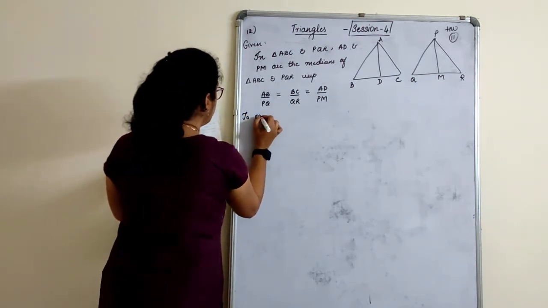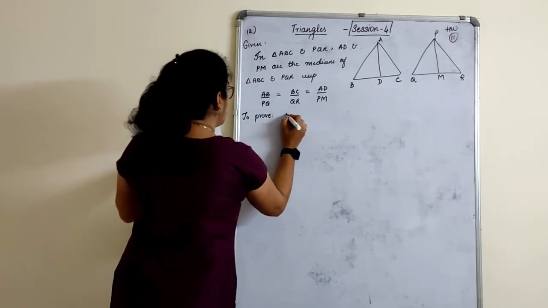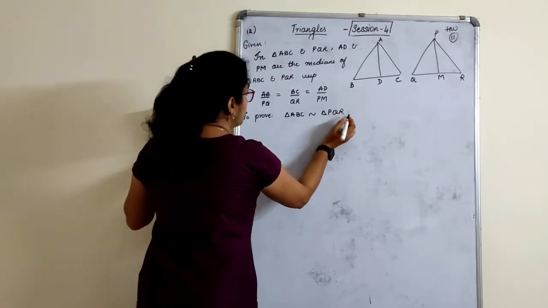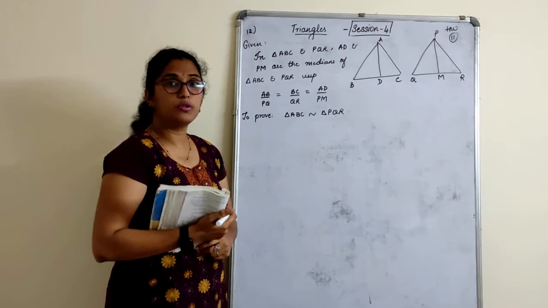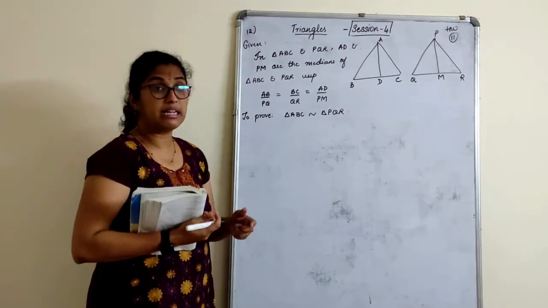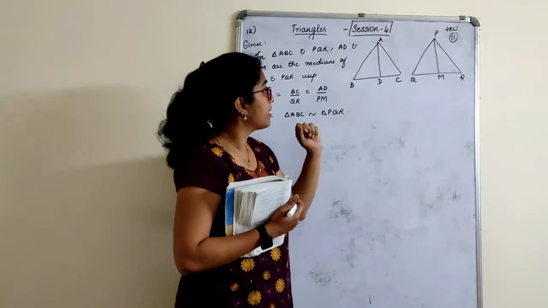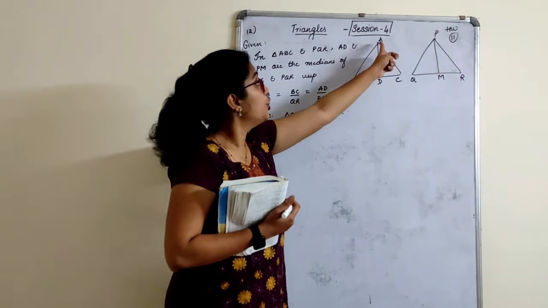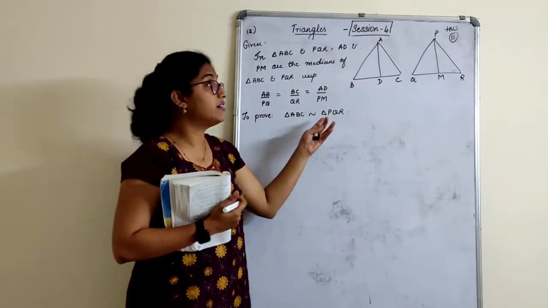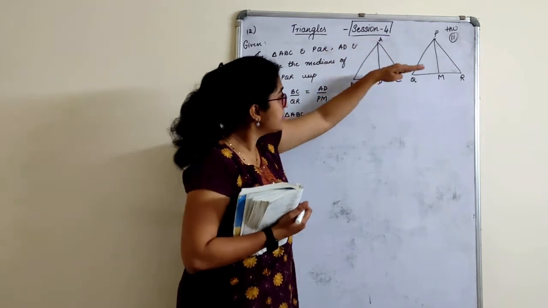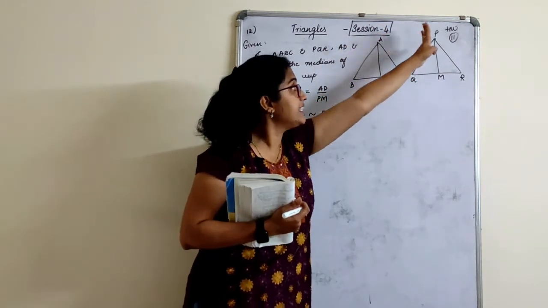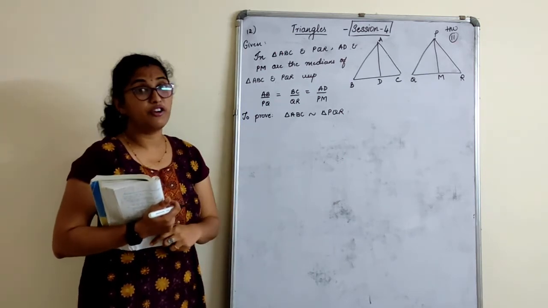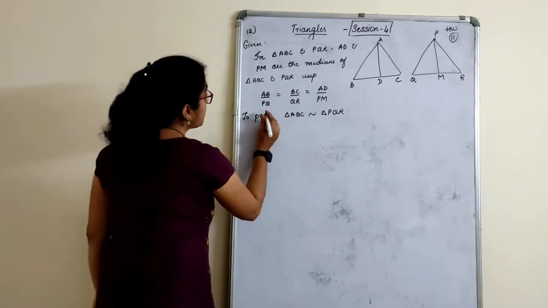What we have to prove? We have to prove that triangle ABC is similar to triangle PQR. All the sides are given, no? Can we prove that they are similar directly? Let's check. See here, this triangle and this triangle. This side, base, and this median are proportional, children. If I want these to be similar, I should prove that base upon base, AC upon PR, should be proportional. But I don't have that. I have it in another form. So let's work it out on that.